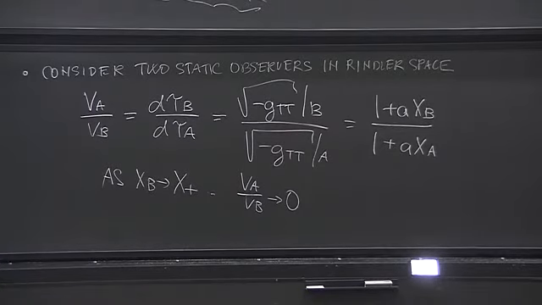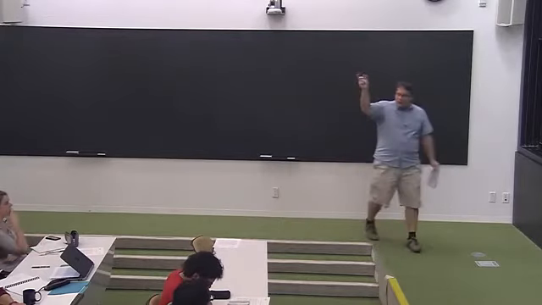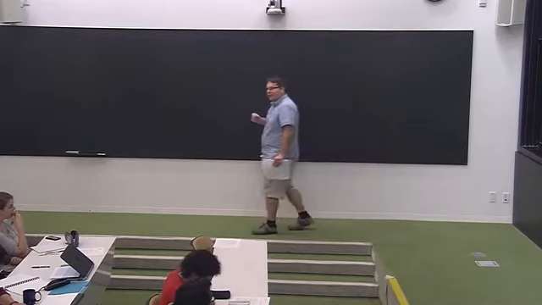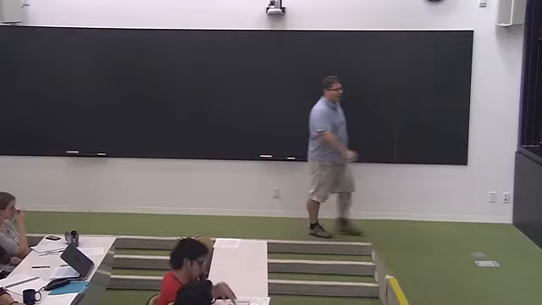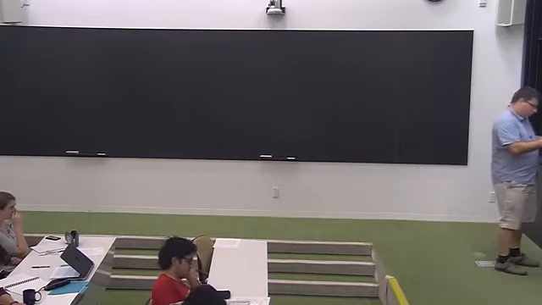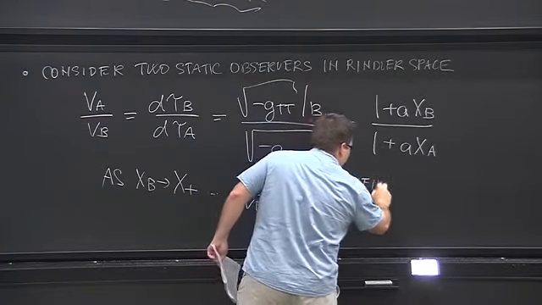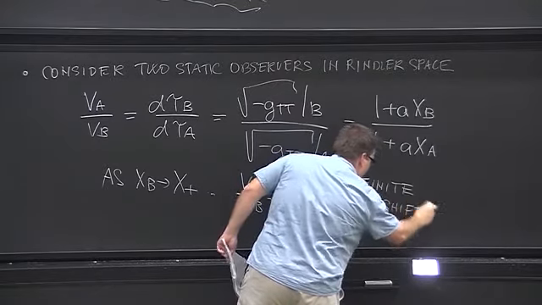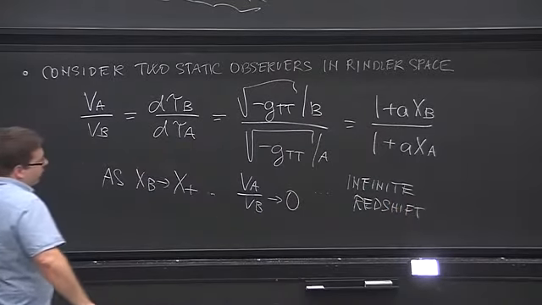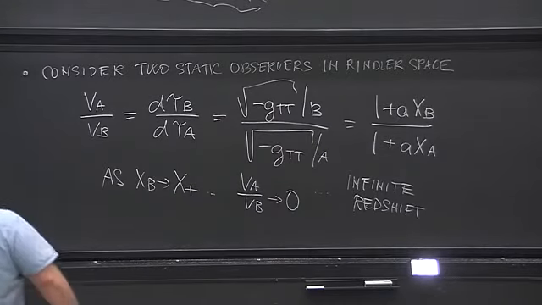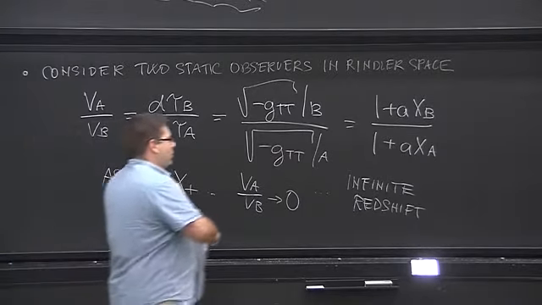So in other words, if the observer B, who is sitting on the horizon, sends a signal to an observer who is sitting at any other x, the other observer will see this infinitely redshifted. He will never see whatever that observer is sending. So we have infinite redshift. And for this reason, the Rindler horizon, that surface x equal to x plus, is sometimes called a surface of infinite redshift.